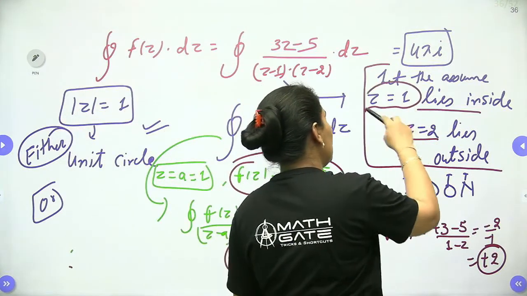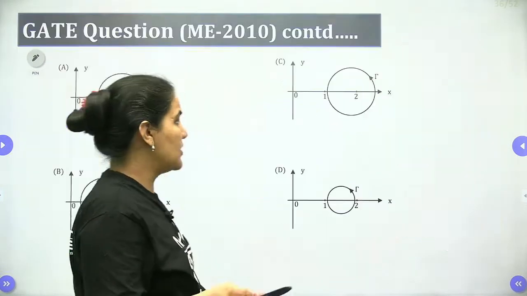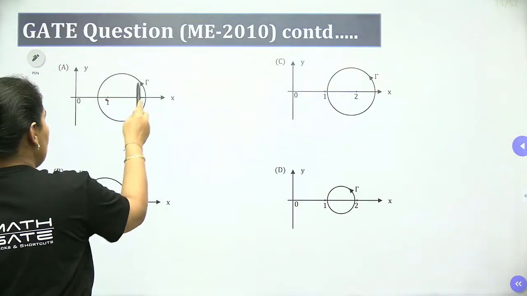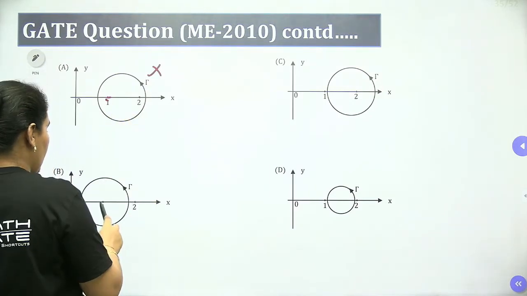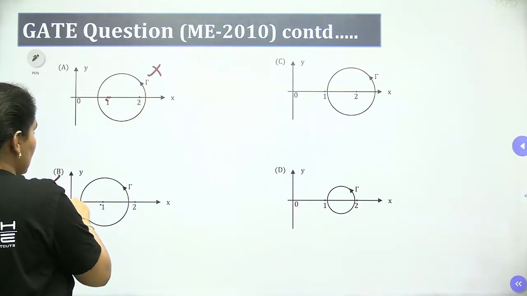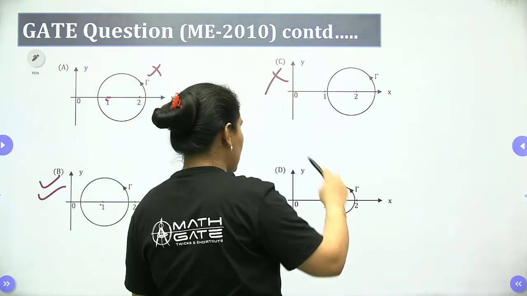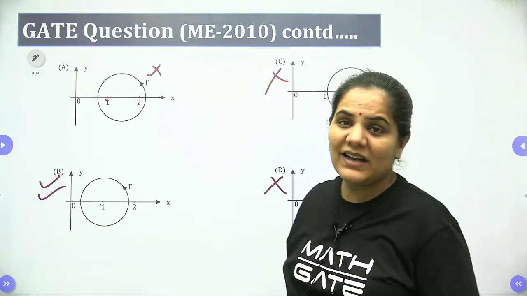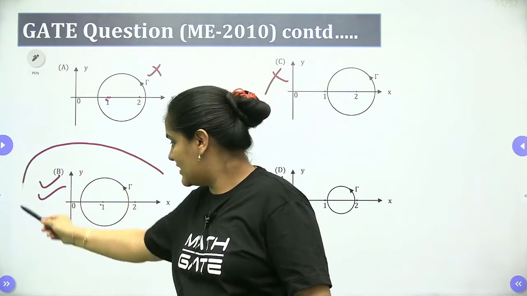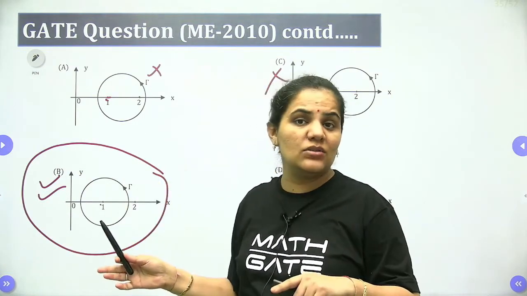Hence we can conclude that z = 1 is inside and z = 2 is outside. We have to find the closed curve. Both points being inside is not possible. One being inside and two being outside, yes, exactly, we can approach like this. Two inside and one outside is not possible, and both outside is also not possible. So we have to find the correct path now. This will be the correct path which exactly satisfies the condition of the question.